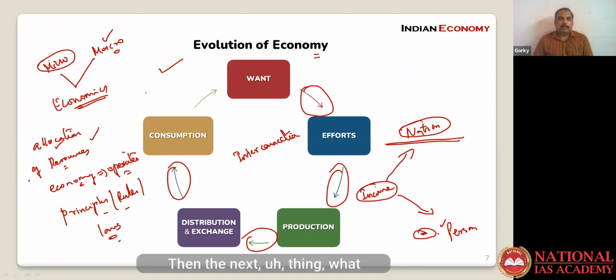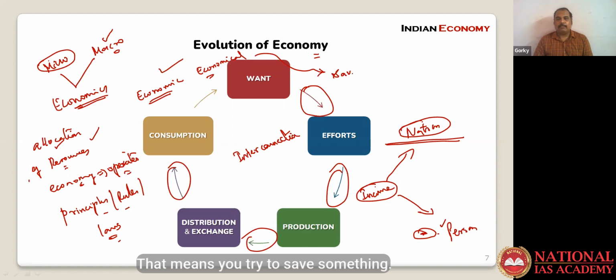Then the next thing we saw is economic, right? Economic and economical. What is economical? Economical means the economical way of doing things. That means you try to save something. So, economical purchase of that particular good. Okay, so that means it is going to be saving some money. Economic aspect is